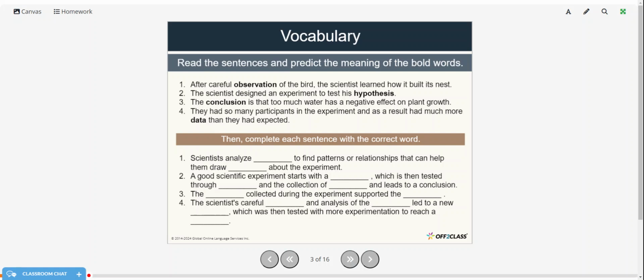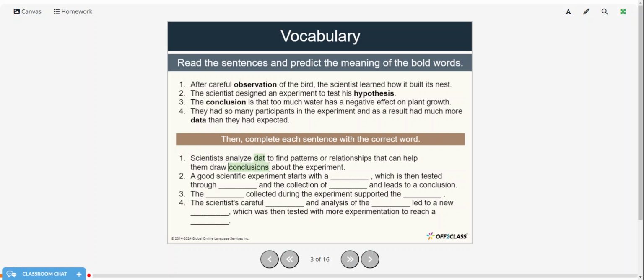All right, so observation just means to look at something, to study it. A hypothesis would be the question or the thing that you're trying to prove or disprove. The conclusion is what you actually find in the experiment, and the data is the information that you collect through your observations. So, scientists analyze data to find patterns or relationships that can help them draw conclusions